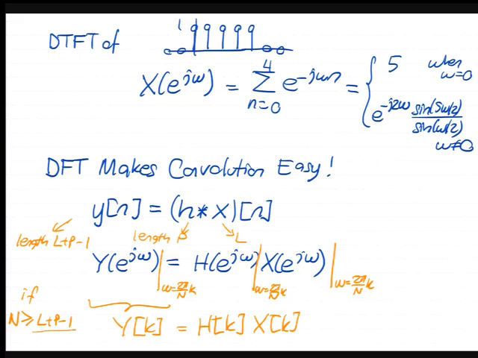Therefore, it's automatically bigger than L and P. So I actually have to pad a bunch of zeros in h and, I'm sorry, in x to be able to do this. Suppose I'm doing the convolution I asked you to do at the beginning. It was the convolution of alpha 0, alpha 1, alpha 2,